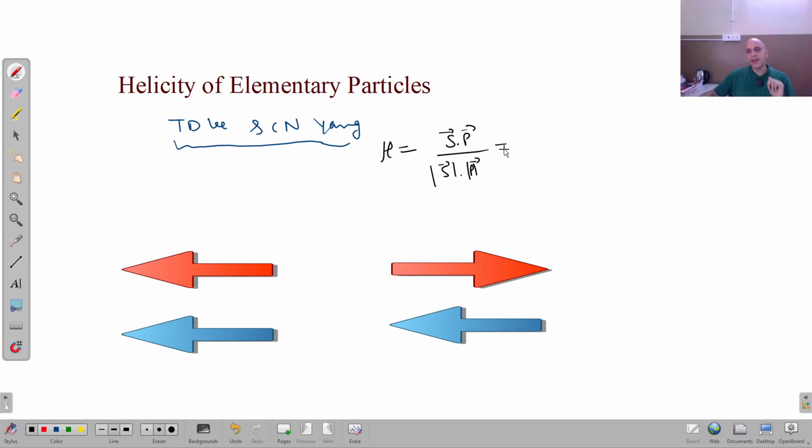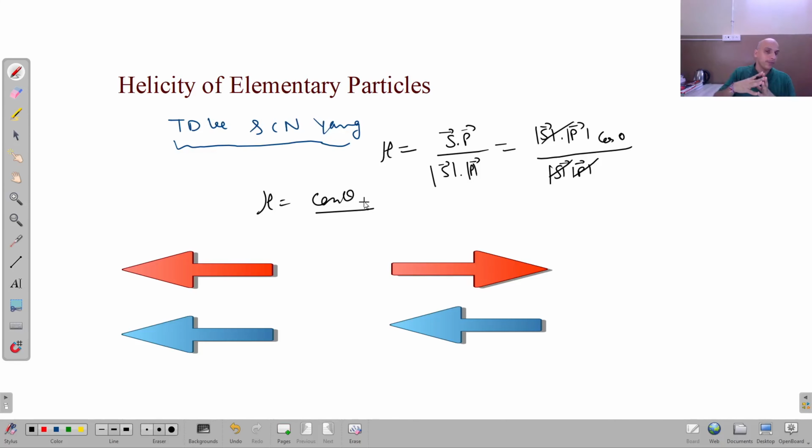So if I expand it, then it will become the magnitude of s times the magnitude of p times cos theta, divided by the magnitude of s times the magnitude of p. So I got helicity is equal to cos theta. So what is theta? Theta here is the angle between the direction of the spin and the linear momentum of the particle that are emitted